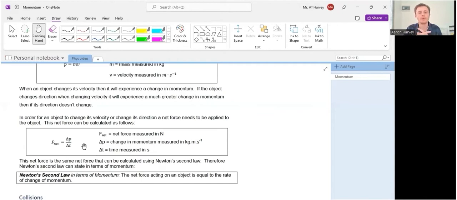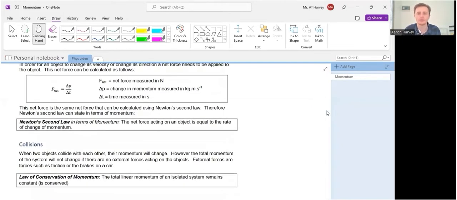Now, this is a very important formula, as this then can build on to our Newton's second law, which is F equals ma. Our force is equal to mass times acceleration. Because what it is saying is that acceleration will only occur if a force is being applied. But you should hopefully know your Newton's laws by now, Newton 1, 2, and 3. If not, I would highly suggest going and revising them,